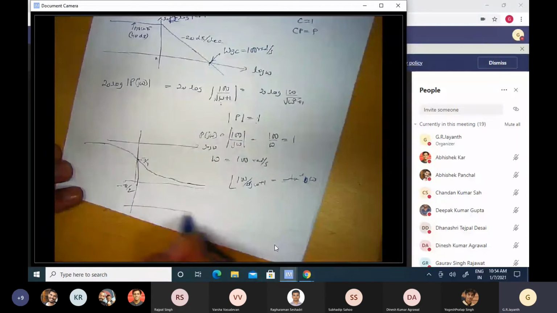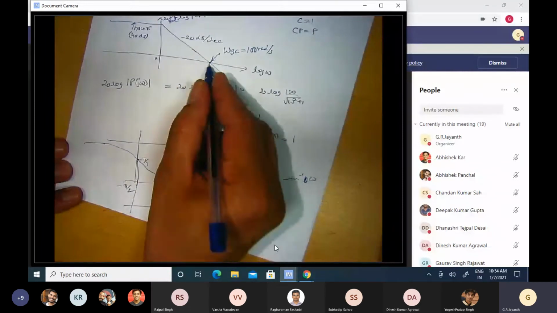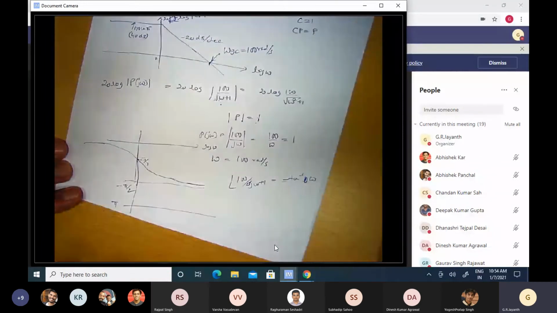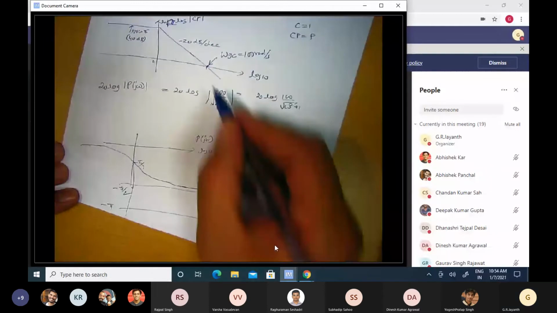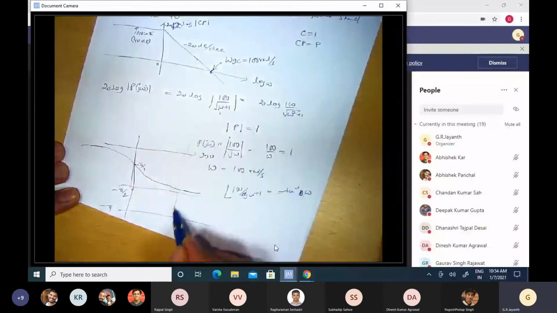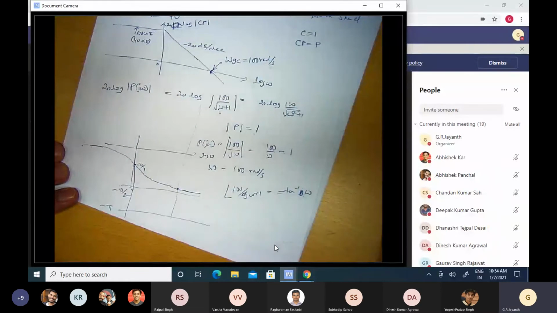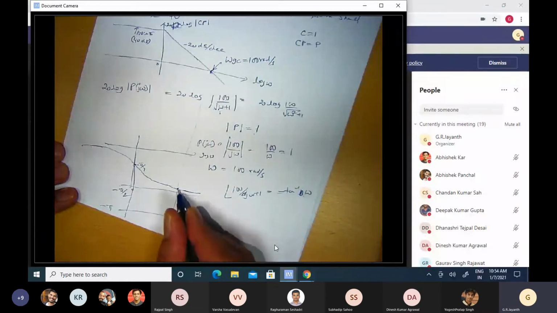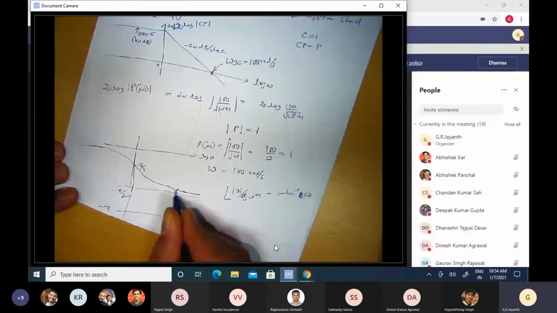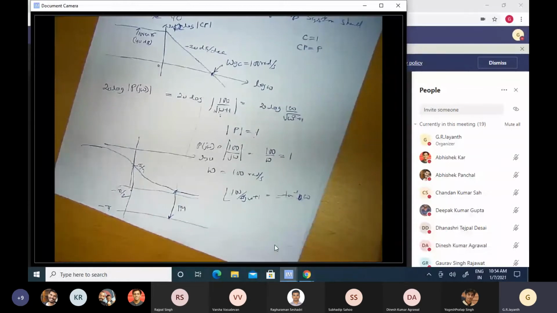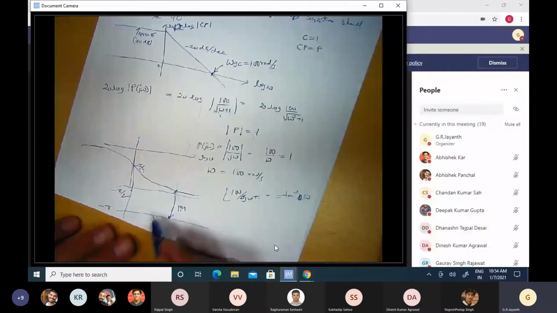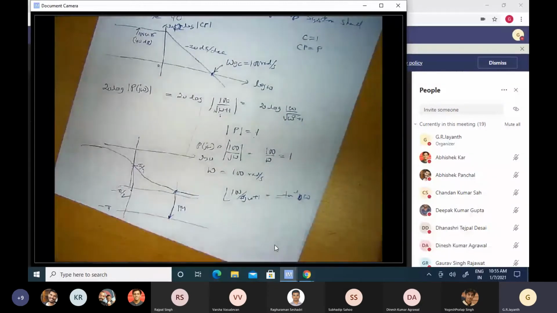You see that at the gain crossover frequency, this angle is minus pi, right? So at the gain crossover frequency, I determine what the phase is, and this is the phase. It's close to minus pi by 2, may not be exactly minus pi by 2. The difference between minus pi and that phase, this length here, is the phase margin, which is comfortably greater than 40 degrees, because this gap here itself is 90 degrees, right? So this gap is much more than 40 degrees. Any questions so far?